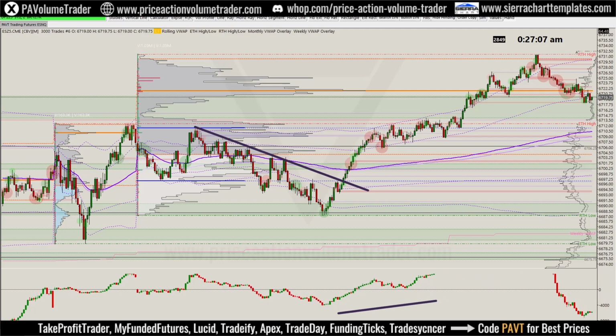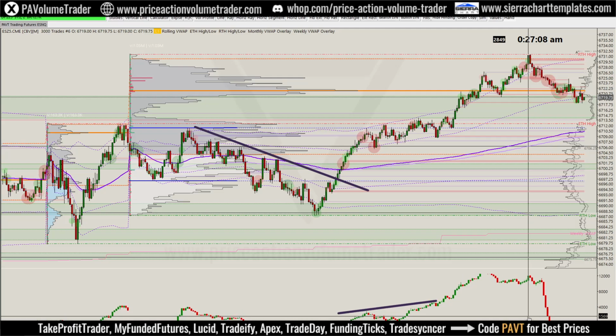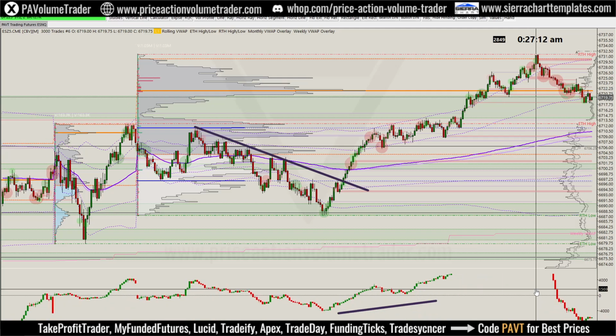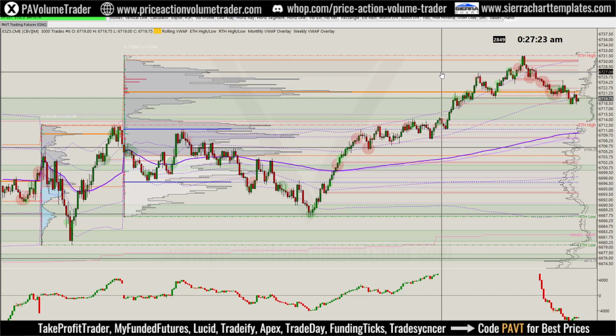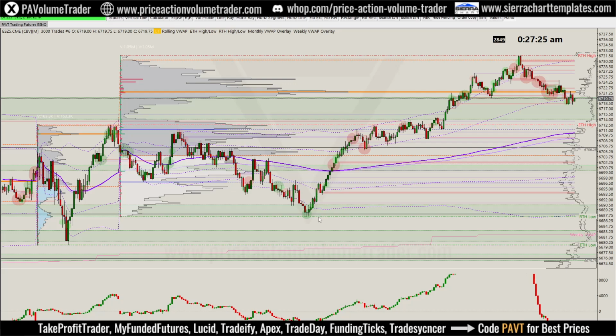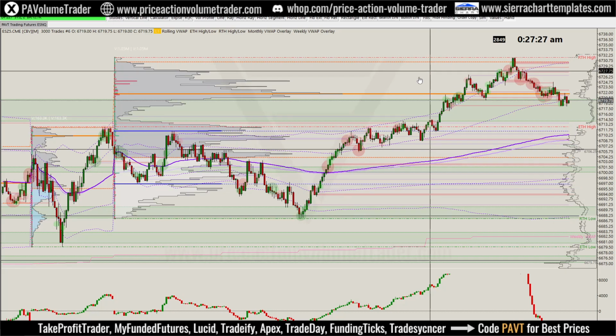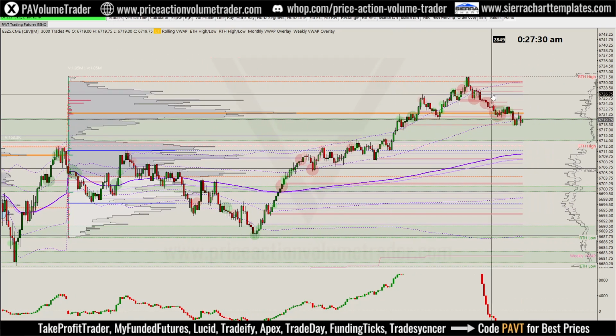Overall price and delta were pretty in sync for the most part of the session, as you can see. And when CVD and price are in sync, that's when you get really nice trending moves like the one we got right off of these lows. And we ended up